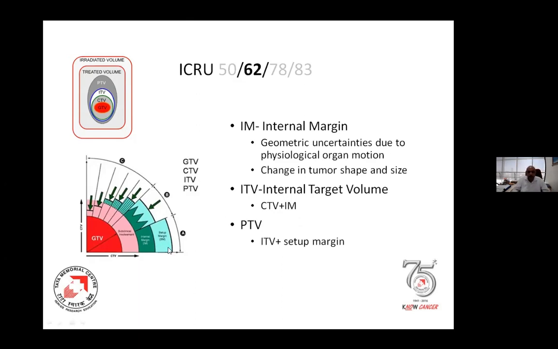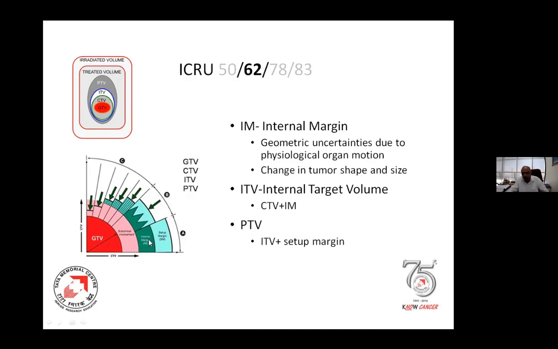ICRU 62 then gave another concept, which we call the internal target volume. And believe me, this is one of the most fascinating pictures in radiation literature. If we dwelled on this picture alone for a few hours, we could deliberate on it so well. It shows so many beautiful things. To make the story short, we see the GTV, the subclinical disease or CTV,